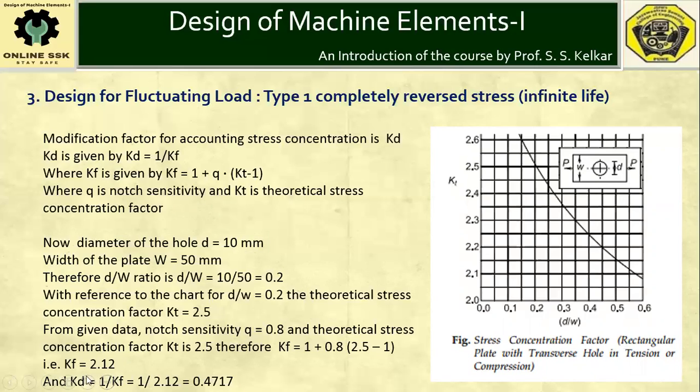Reciprocal of this Kf will lead you to the value of Kd, the modification factor which will account for stress concentration. Kd is the modification factor for accounting for stress concentration, and Kt is the theoretical stress concentration factor. Please note the difference between the two, and also note the difference between the notation of the two. So Kd is the reciprocal of Kf, that is the reciprocal of 2.12. So it happens to be equal to